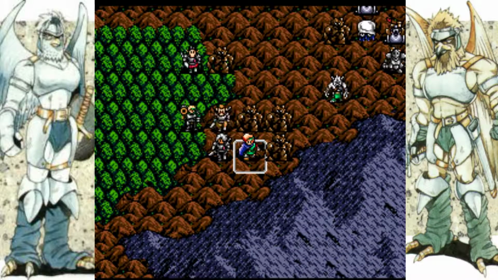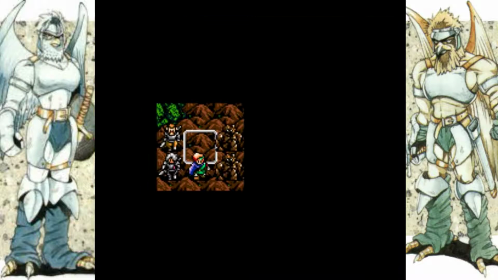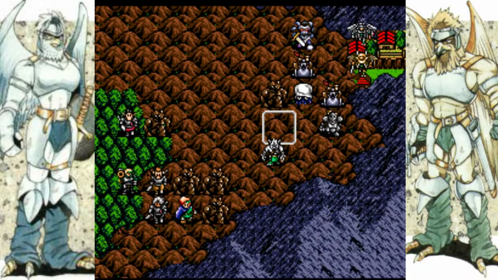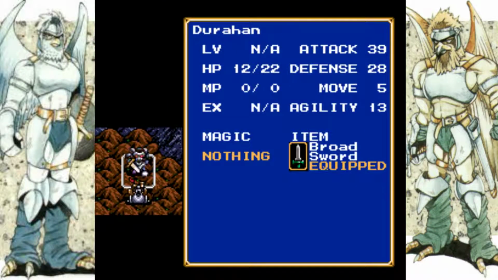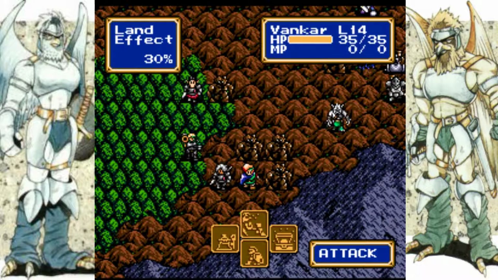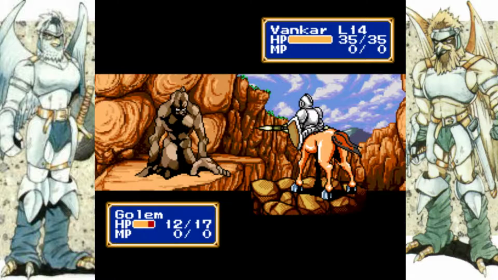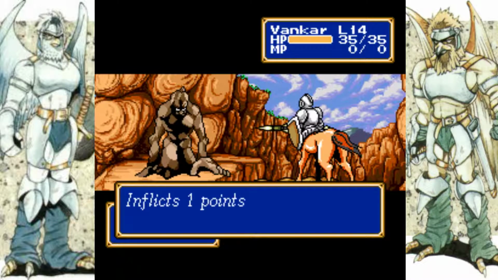Okay. But yeah, look at their stats. 28-28. Like, it's... I mean, it's not as bad as him. But there's one of him. They just... 5 random ones spawn right here? Come on. Like, how are you supposed to just deal with that if you're just going straight through? Like, if you grind it, this wouldn't be too bad, but...